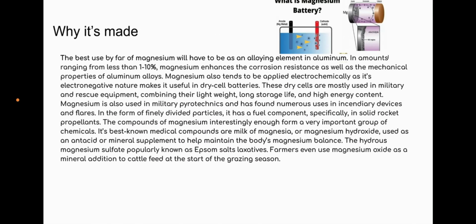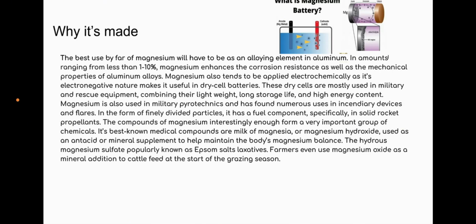Why it's made. The best use by far of magnesium will have to be as an alloying element in aluminum. In amounts ranging from less than 1 to 10%, magnesium enhances the corrosion resistance as well as the mechanical properties of aluminum alloys. Magnesium also tends to be applied electrochemically, as its electronegative nature makes it useful in dry cell